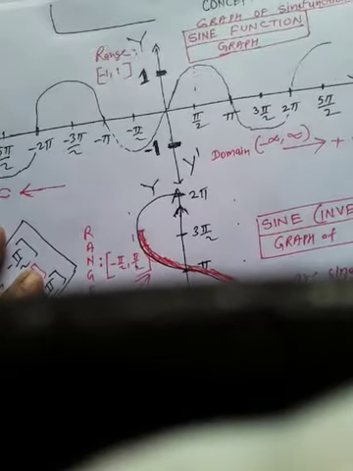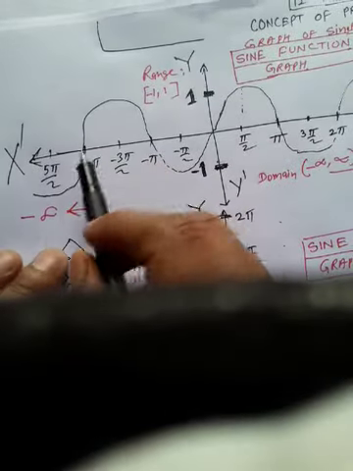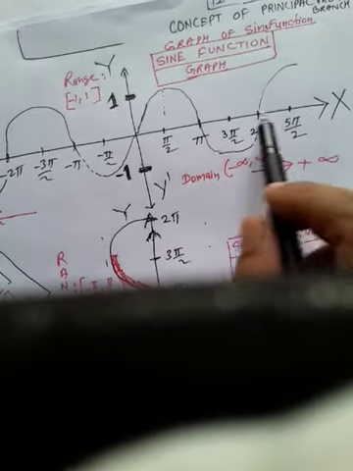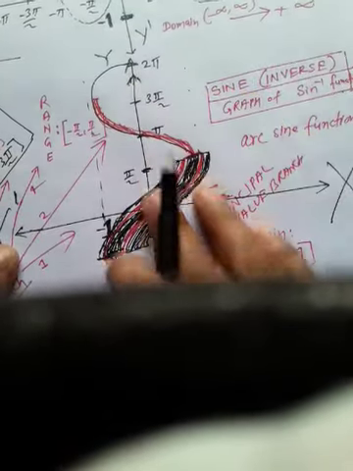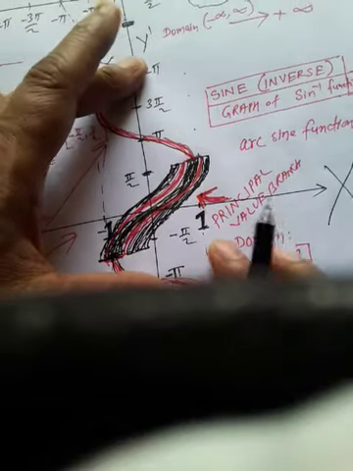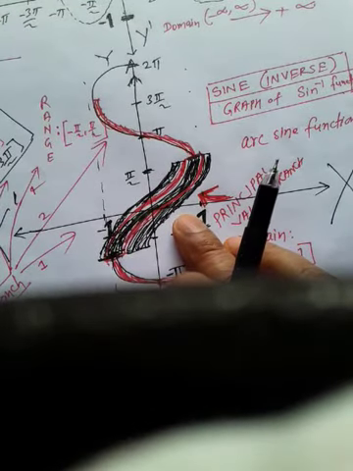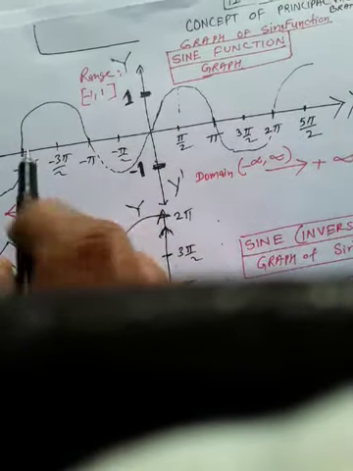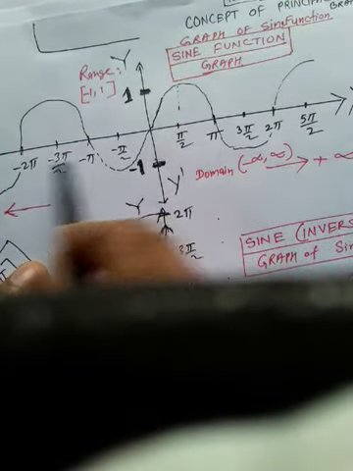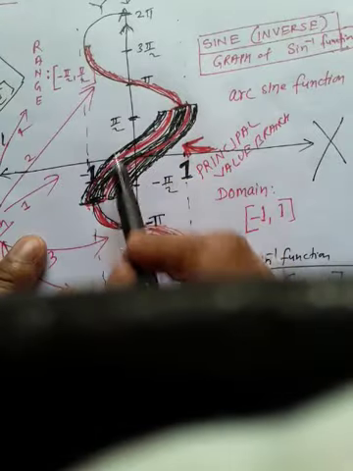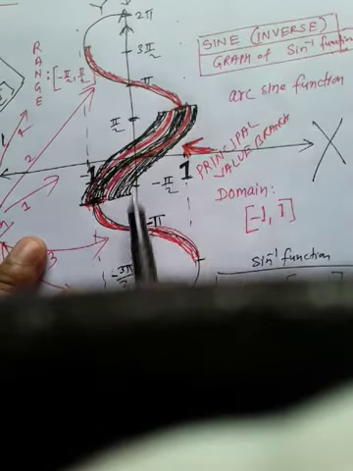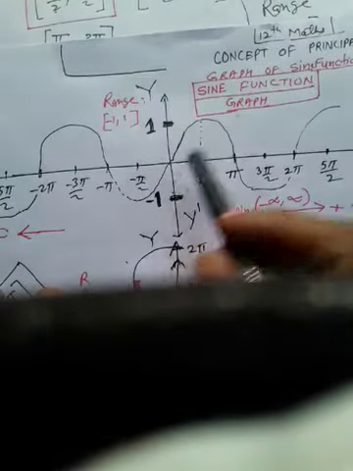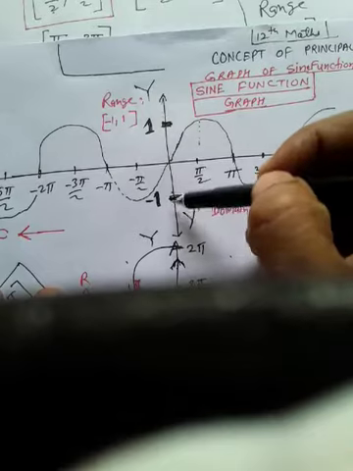See this, dear children. This is the graph of sine x. The sine function graph. Now see, this is the sine inverse. See what happens in inverse. The domain becomes range and range becomes domain. See, this is the domain of sine x, so it will become the range of sine inverse x. See, range of sine inverse x. And this one, minus 1 to 1, is the range of sine x.